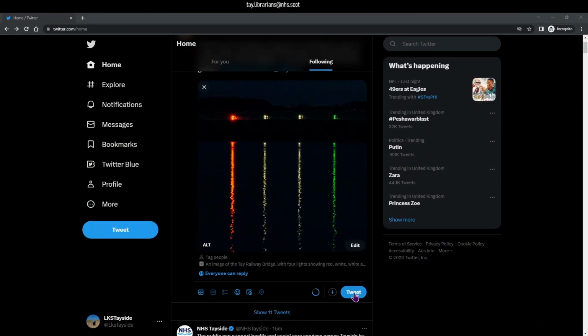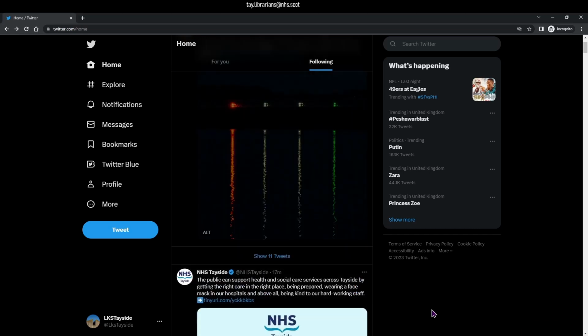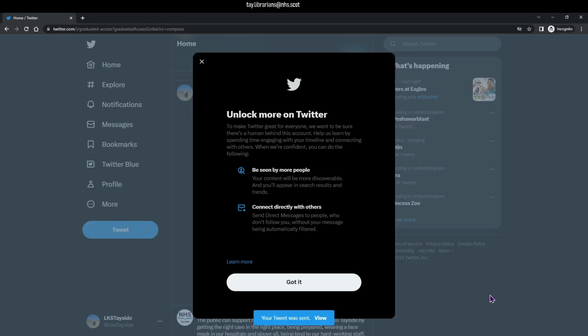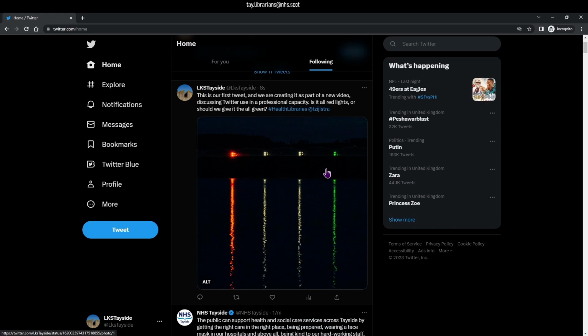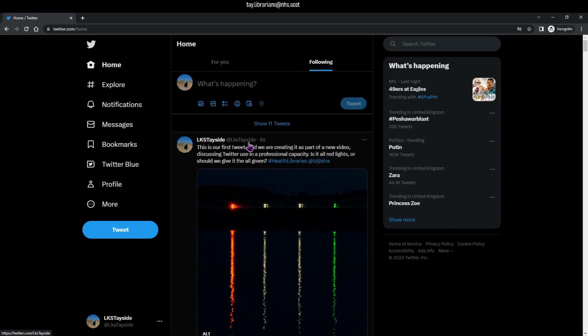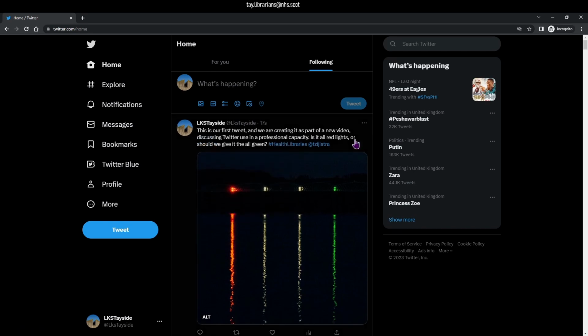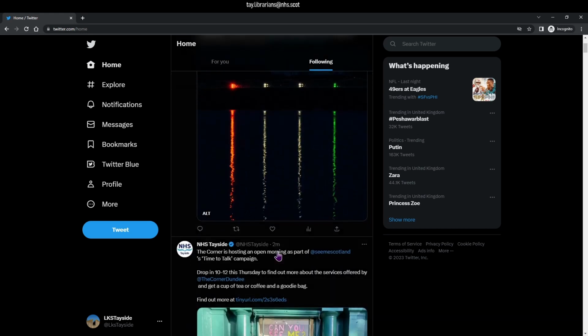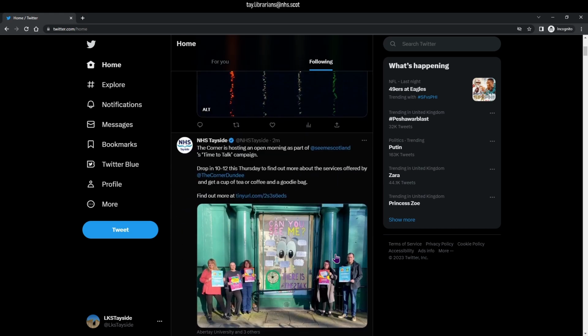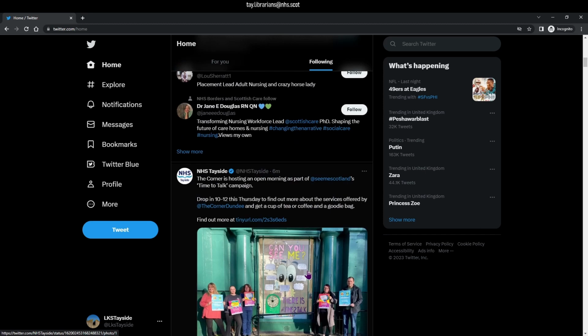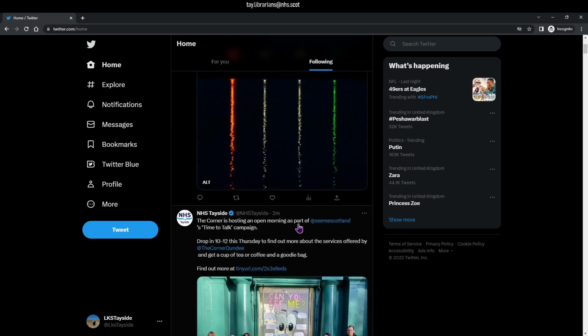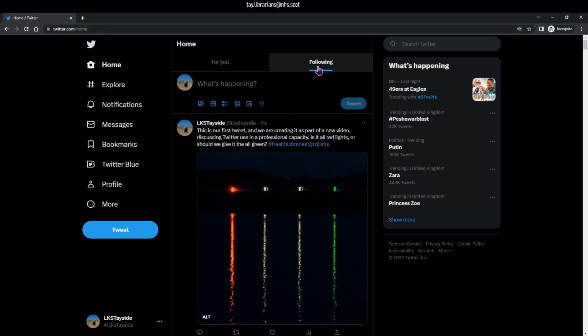Right, so we are going to tweet this, and now it's out in the world. It will give you lots of help again. I don't really need it, but you might find it interesting to read that. And then you get to see your own tweet in your own timeline. And if you update the timeline, you will notice that it now is at the top because it is somehow chronological, but not really. So yeah, it remains a bit of a mystery how that works in this following.